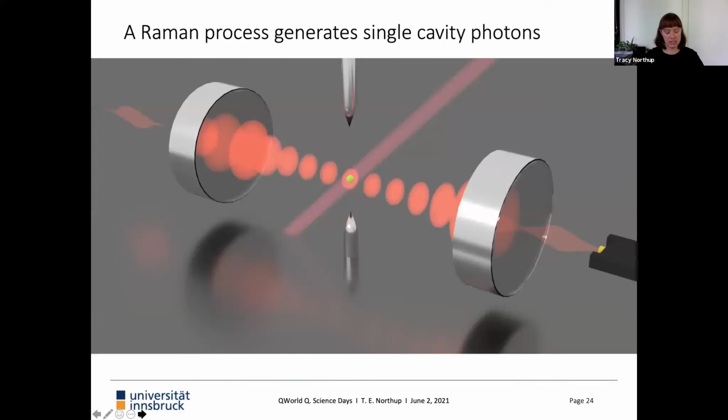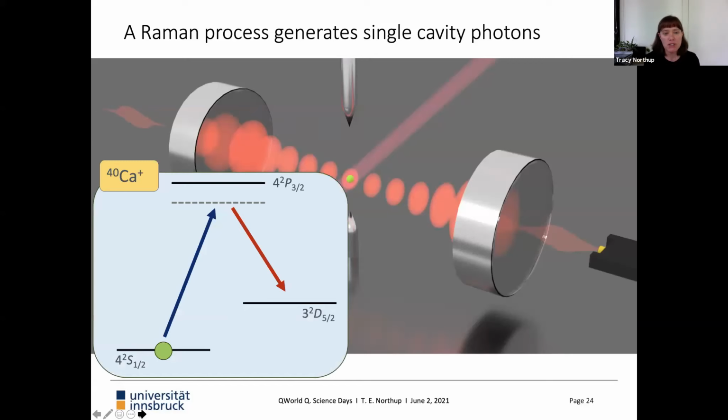Now what I want to show you is the physics of the interaction between the ion and the cavity field. Here I've taken away most of the blades of the ion trap, leaving just the two end electrodes, to make things a little simpler. We're going to look at these mirrors, and we have this picture of a standing wave field between the mirrors. What I want you to remember, though, is that we're not going to drive the cavity with a laser field. We're going to use the vacuum field here. I'm showing you the simplest possible atomic structure, where we can think of three levels: a ground state, which is called S, an excited state, which is a P state, and a D state, which is a metastable state.